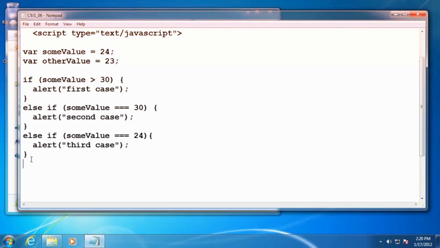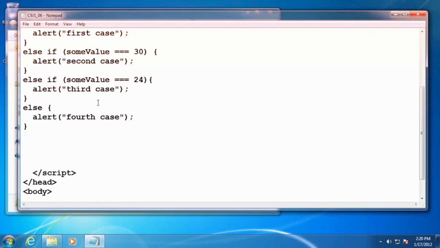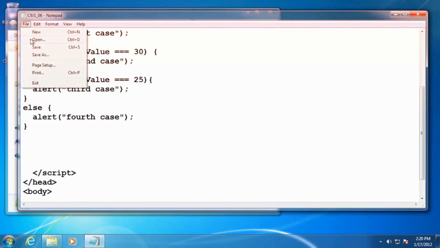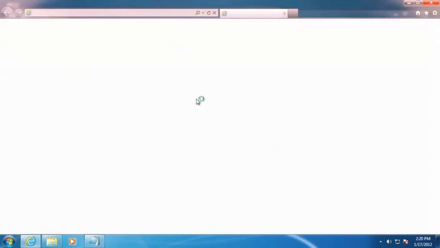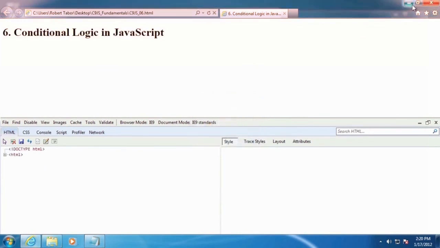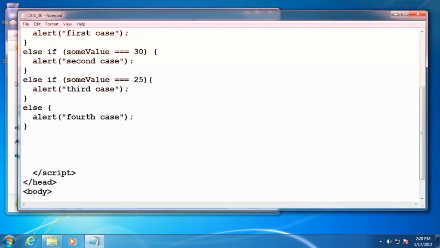All right, and then there's also the catch-all, which is just the else keyword by itself. And so if none of these conditions are true, then this will fire. Now we wouldn't expect that in this particular instance unless we change some of these around. Here, we can do that. We'll go ahead and change that to that, and now we'll see the catch-all case fire off. Great. Okay. Let's comment all